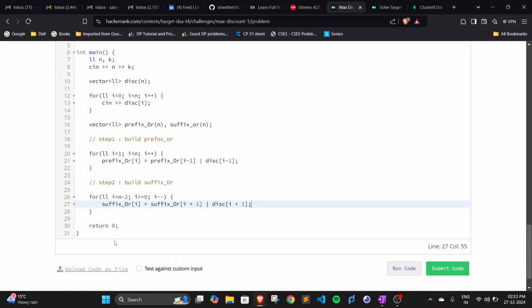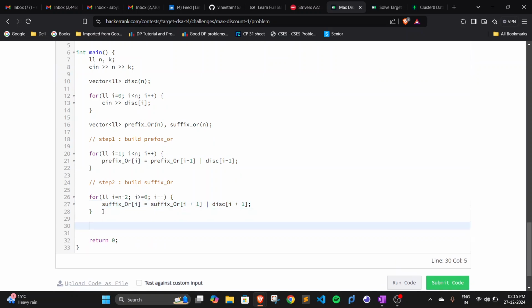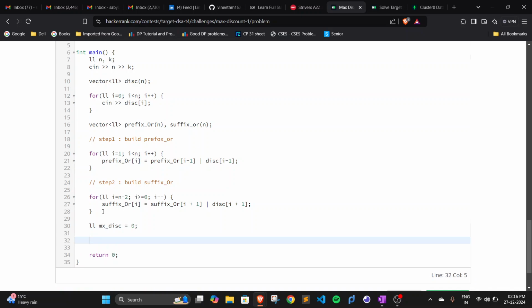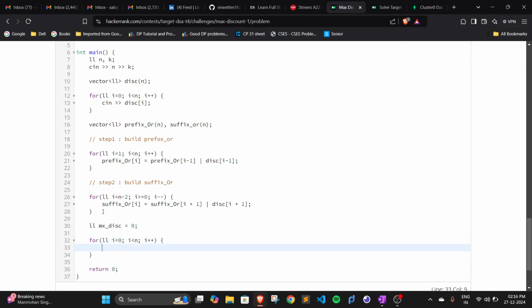Okay, after building this, we have to iterate on each service. Before that, let's initialize the maximum discount as 0. For each service, temporary, sorry, temporary OR value is equal to prefix OR of I, OR with suffix OR of I,